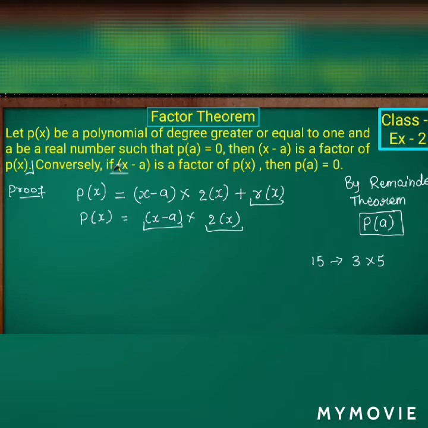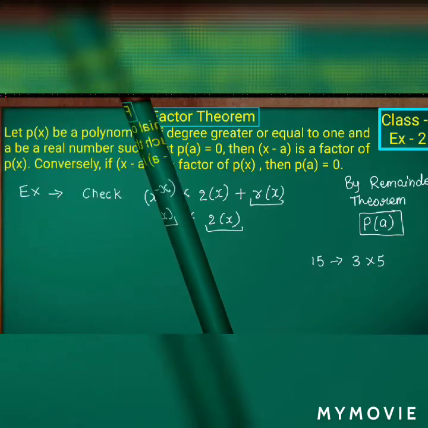So you have no need of getting confused. The only thing is, here we have to substitute the value of a in p of the given polynomial and find the value. If the whole solution is 0, then it will be a factor of the given polynomial. In the previous class, in the remainder theorem, we were finding the values, isn't it? But here we have to get the solution 0. The given polynomial should give the solution 0, and only then can we say it is a factor of the given polynomial. That is how we have to check the given polynomials by using the factor theorem.